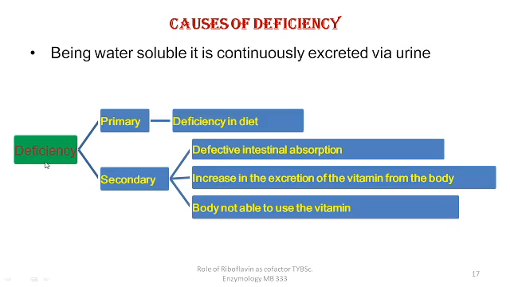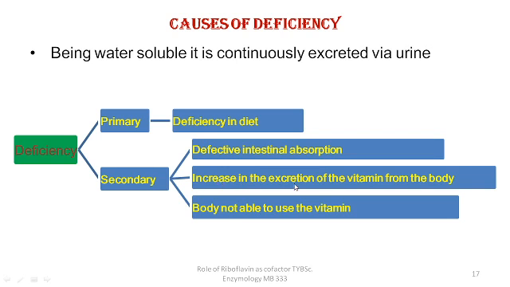The deficiency can be classified as the primary deficiency, which is the deficiency in diet. We are not consuming the recommended amount of riboflavin in our daily diet. And the secondary deficiency can be due to defective intestinal absorption in spite of consuming the recommended amount of the vitamin in the diet, or increase in the